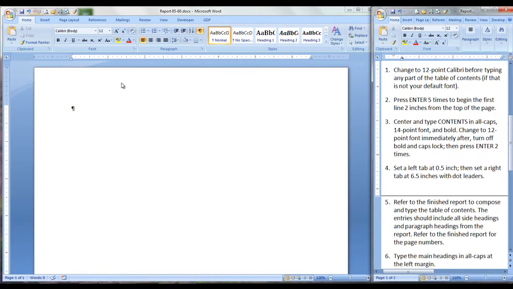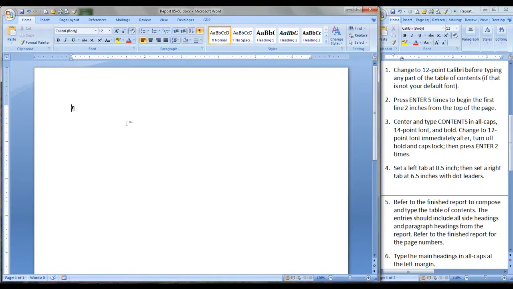And you will notice that my default font is 12-point Calibri already, so I do not need to make any changes in step 1. Then, with the insertion point in line 1, I am going to press enter 5 times, 1, 2, 3, 4, 5, to begin the first line 2 inches from the top of the page. I am going to center, Control E, and type contents in all caps, bold, and 14-point font. Then I'm going to immediately change back to 12-point font, turn off bold and caps lock, and press enter 2